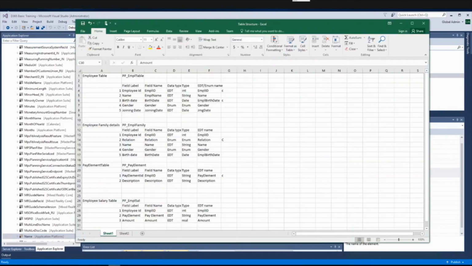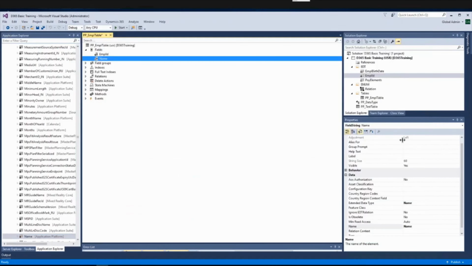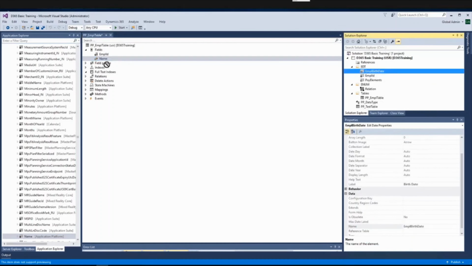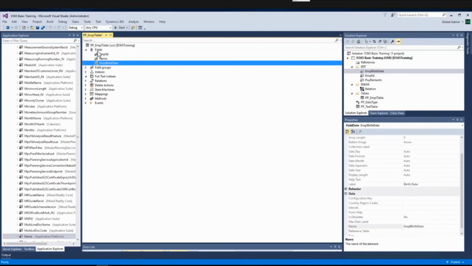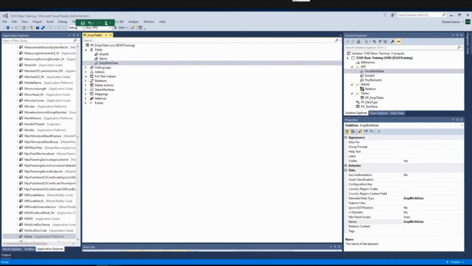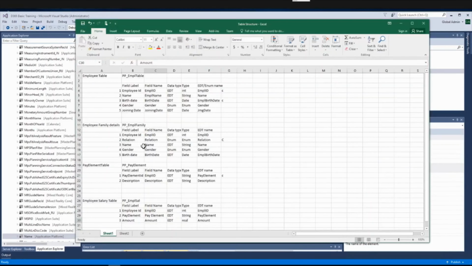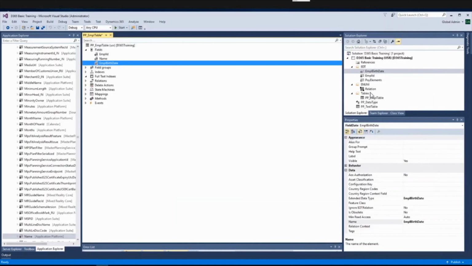The third field is birth date. Last class we created this EDT. I will drag this, drop this. Now fourth is gender, that is the type enum, and the joining date is JMG date. For enum we created,